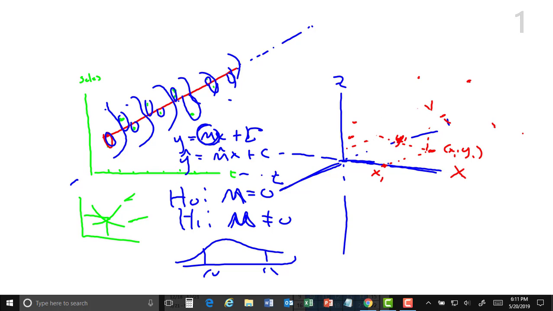Yes, good. Instead of just a line, I'll put a sheet of paper through it, like a plane. So watch, I'm going to fit a plane in here. Not an airplane, a sheet of paper. And that's going to have a slope this way and a slope this way. So we have to use what's called